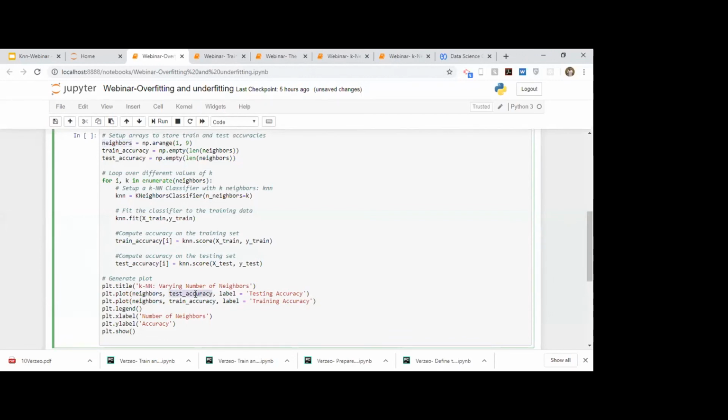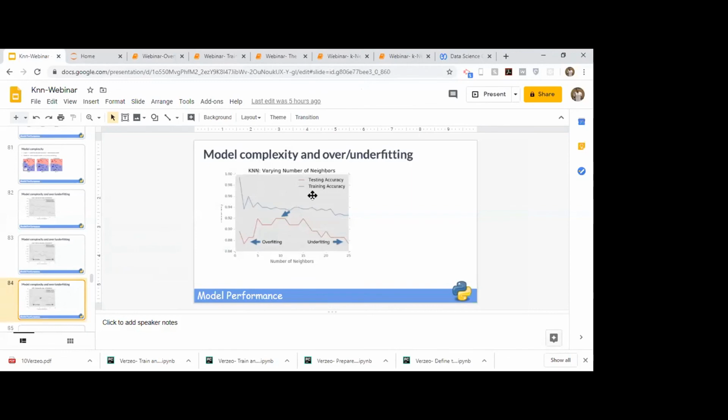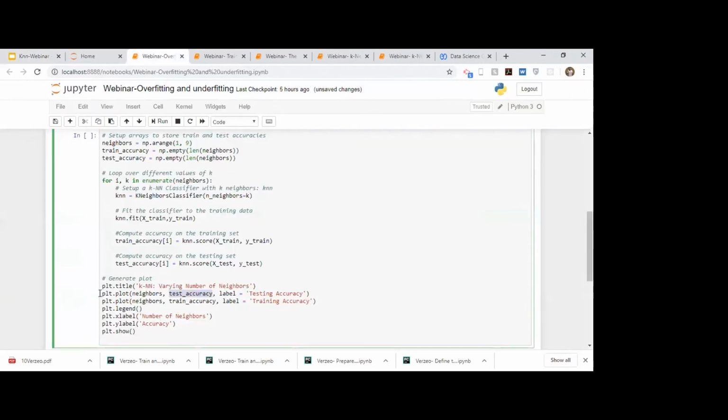Our test accuracy should be our y-axis. Since we want to draw two plots on the same graph, we call plt.plot again: first on the test accuracy, and second on the train accuracy.